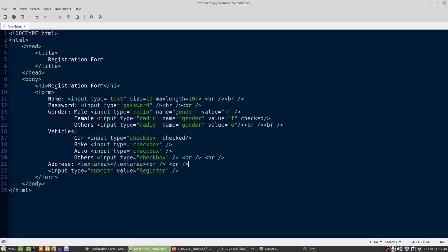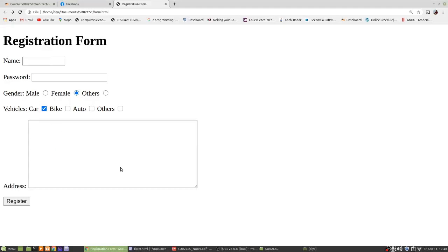This textarea has two attributes, rows and cols. You can give values as rows equal to 10, some number, and cols equal to say 50. So let's see the change. So rows specifies the number of rows visible at a particular point of time. Now there are 10 rows visible.